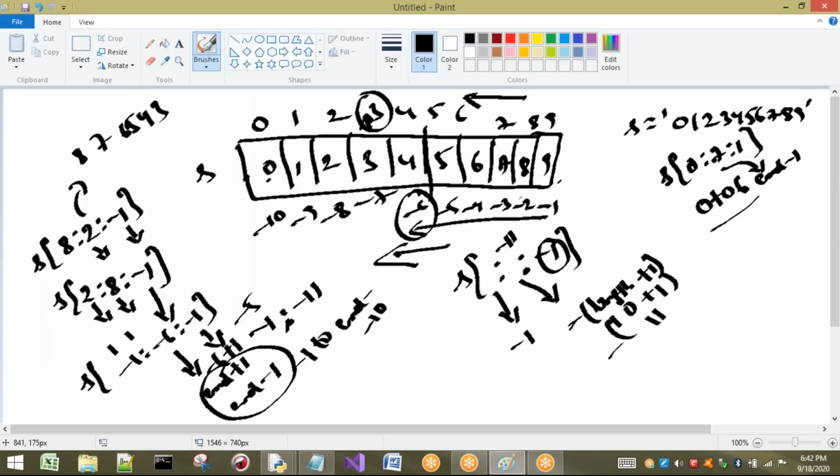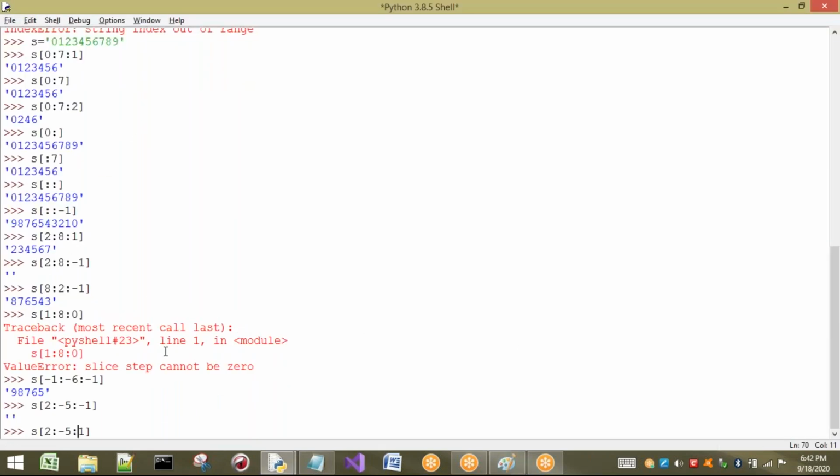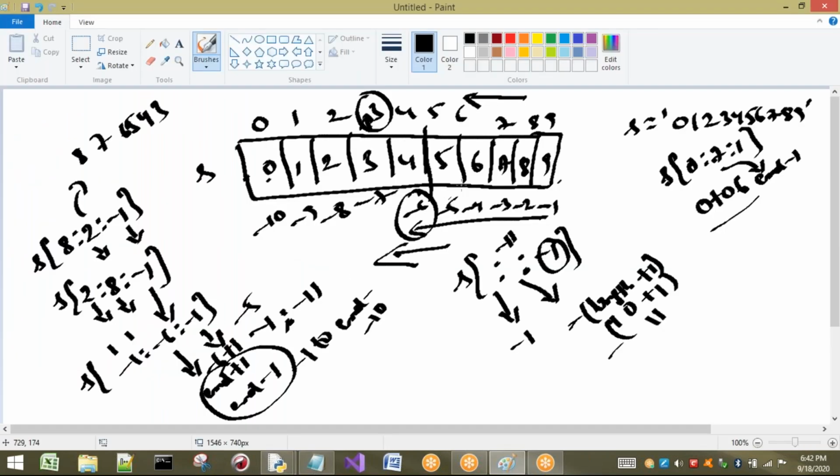What happens here? If I take 2, minus 5 and normal 1. Normal 1 indicates this direction. In this direction, is 2 starting first? Yes. And minus 5 is here, no problem. In this direction, I can follow. I will get from where to where? Begin is 2. From 2 to what is the last value I am going to consider? I am considering minus 5.